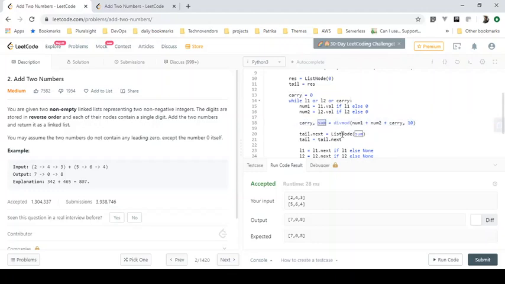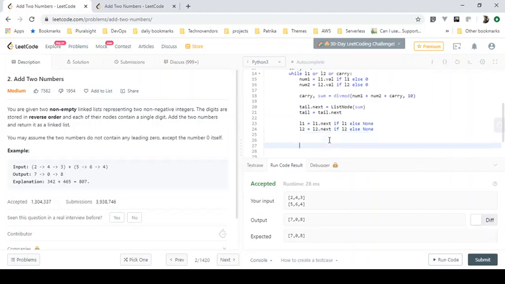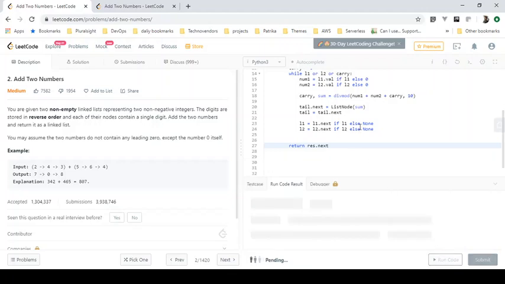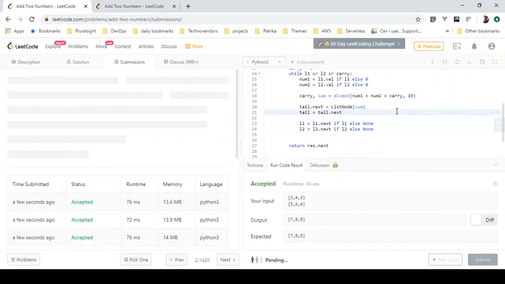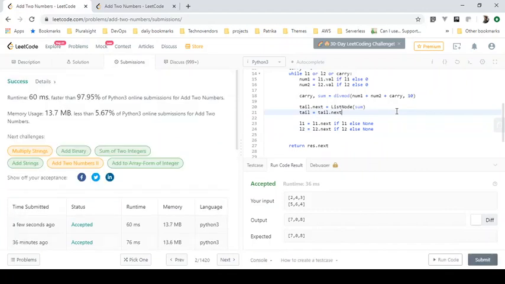So we create a list node of 8 and append it to the tail, and we move to the next if there is any. Now our linked list holds the result in res.next. Let's run the code. You can see this is much faster.